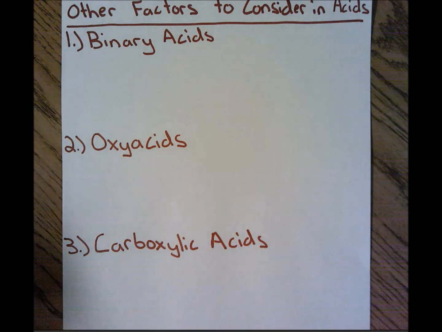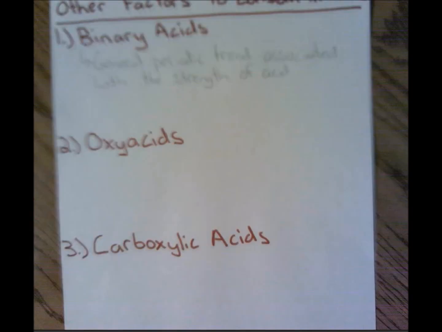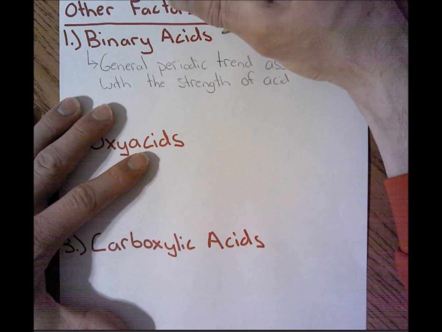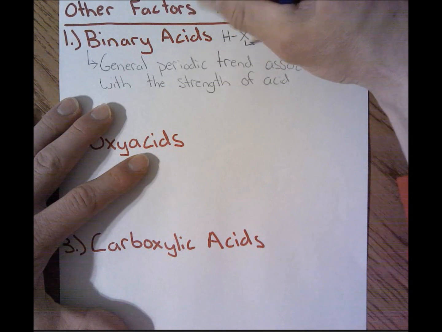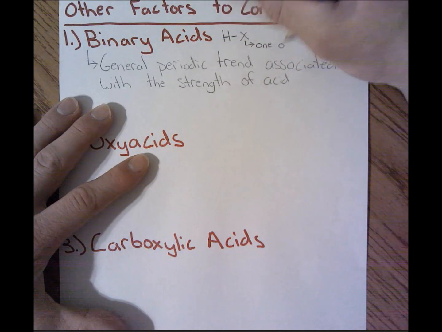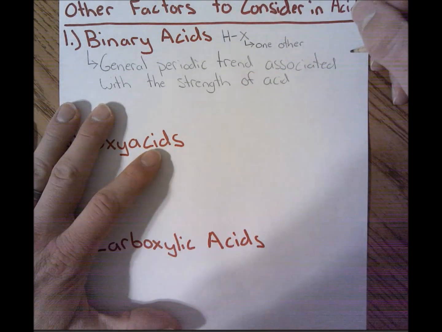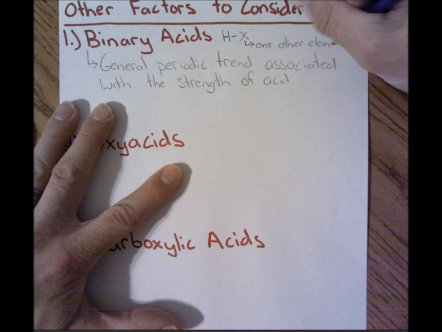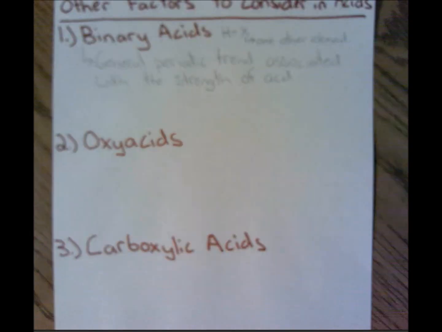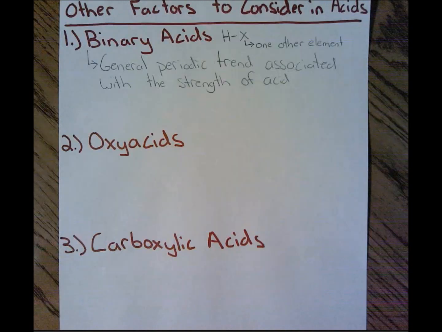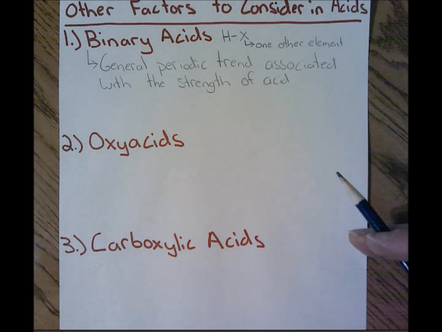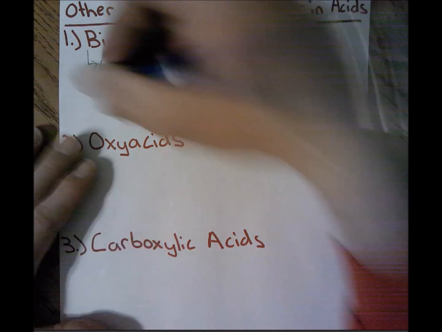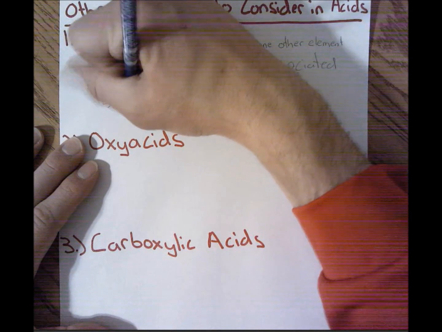All right, and binary acids. I should clarify this. Binary acids, you have an H and then X, which in this case, our X is just one other element. Now, you could have multiple of those elements, but you only have H plus something else. Now, here is our general periodic trend that we have for binary acids. One, acids are going to get stronger as they go down a group. So acids get stronger down a group,